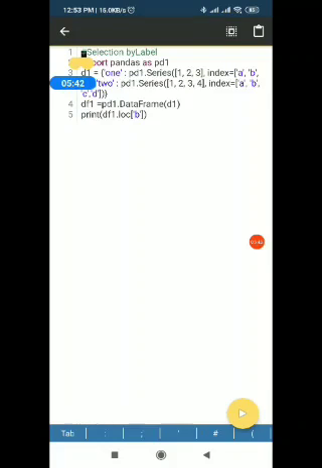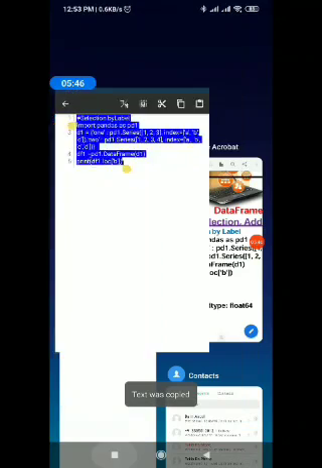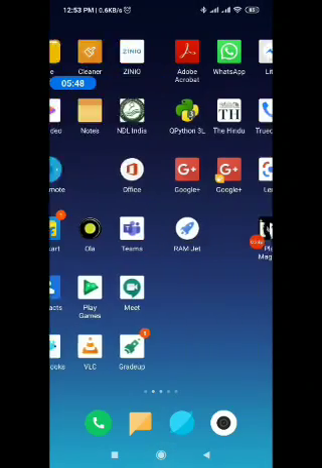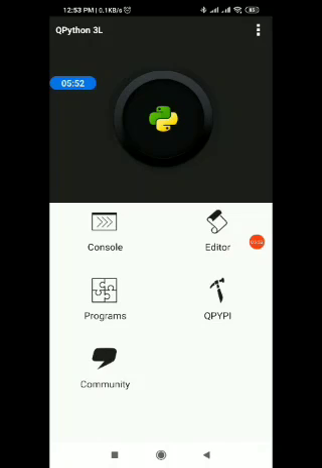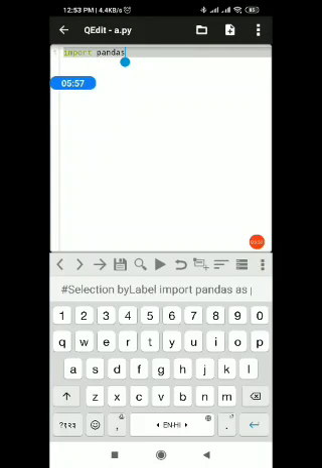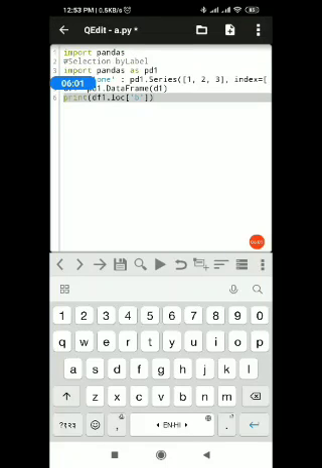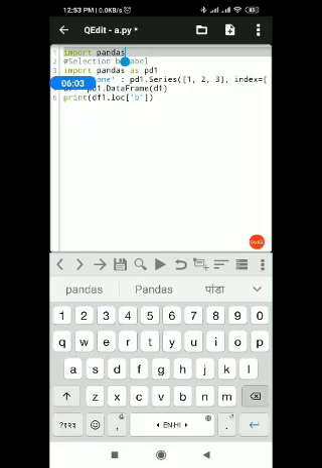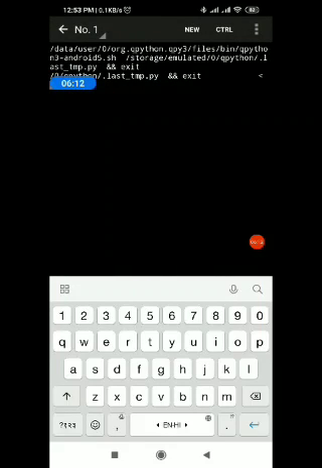Okay, let us copy the whole program and go for the QPython 3L editor. Okay, let me run this.